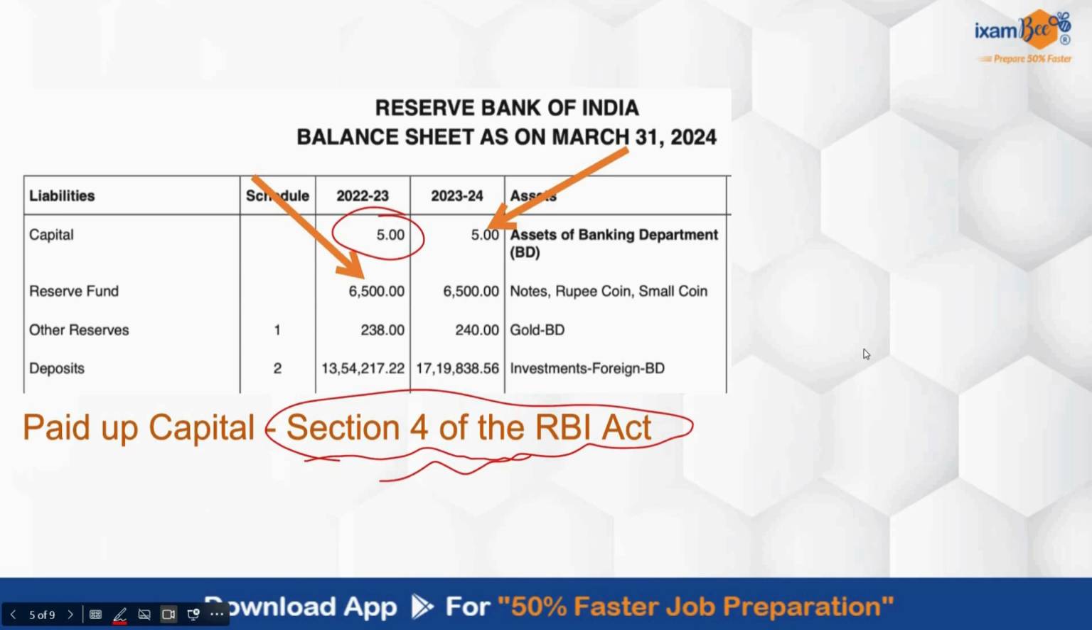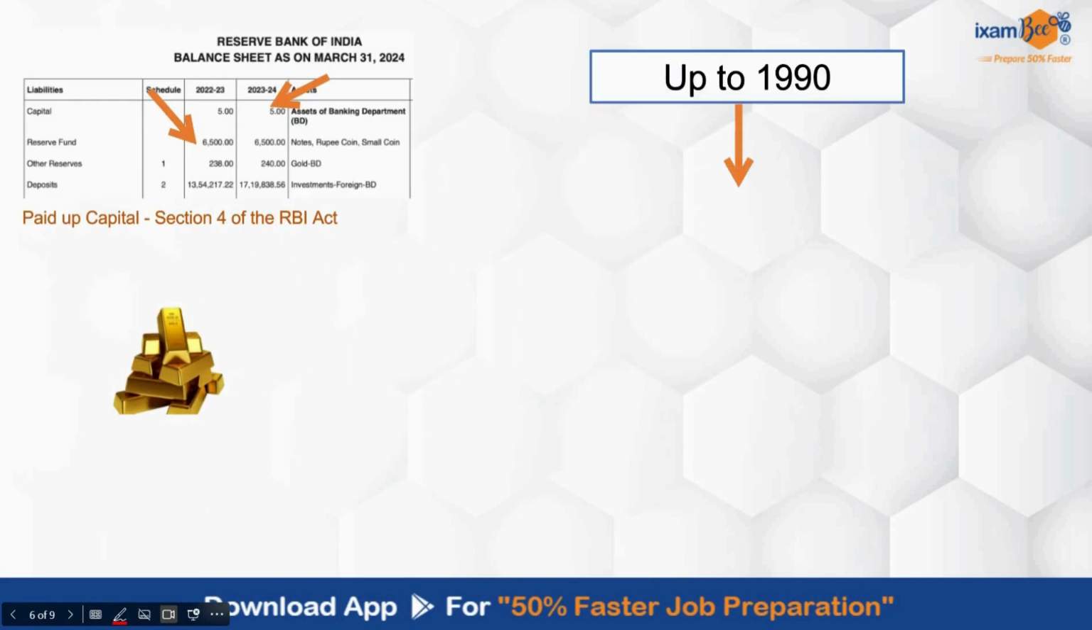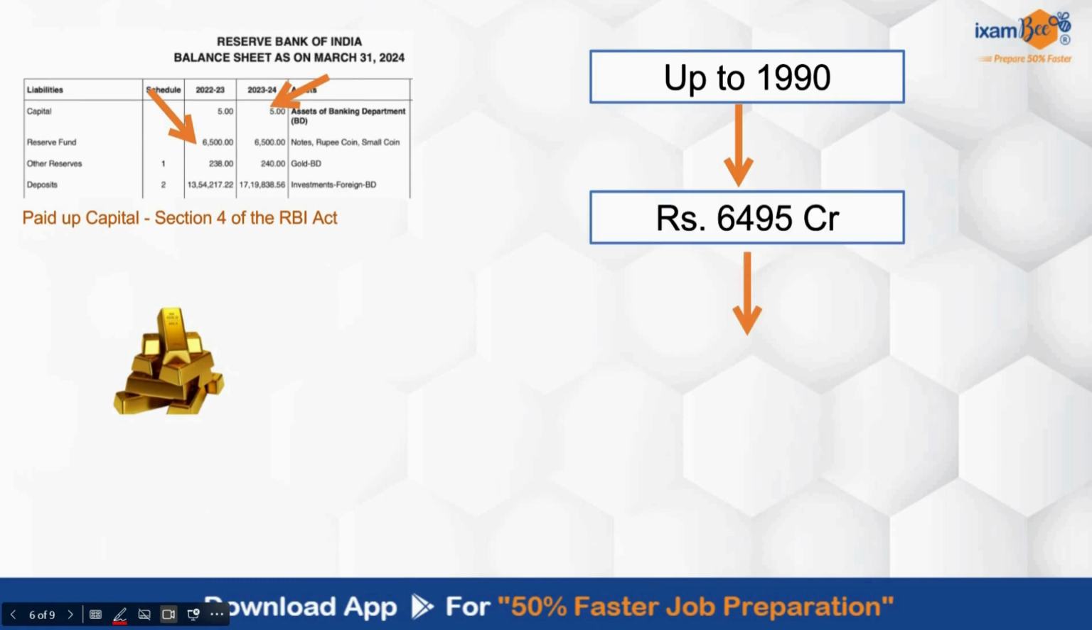The reason being, if the government has to increase the capital of RBI, it will require an amendment of the RBI Act, and then you have to pass this in the parliament. So rather than doing that, RBI is creating a reserve fund. This is an interesting fact to know that up to 1990, in this reserve fund, 6,495 crore was added. And it will be easy to remember this amount because 6,500 crore minus 5 crore